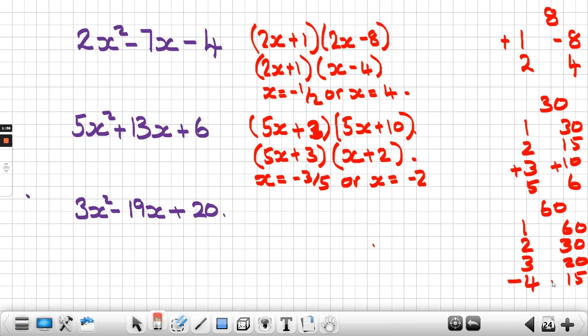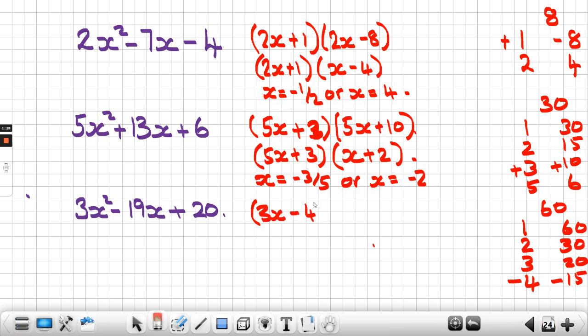So it's going to be minus 4 minus 15. What I do with these is I'm just going through from 1 upwards until I've found all the factors. Okay, so let's quickly do this one. So we've got